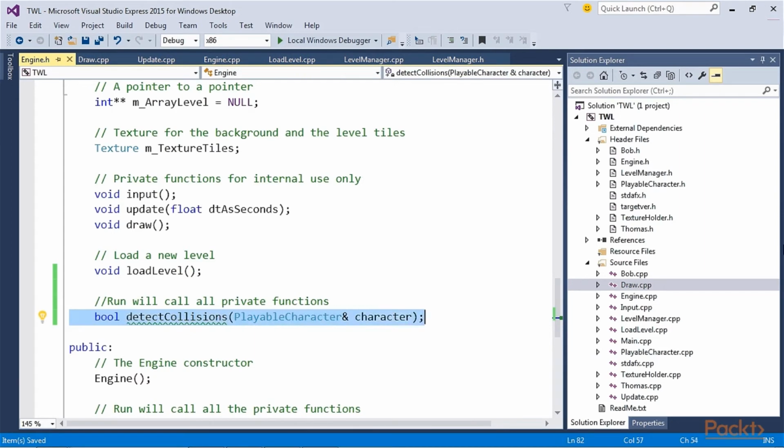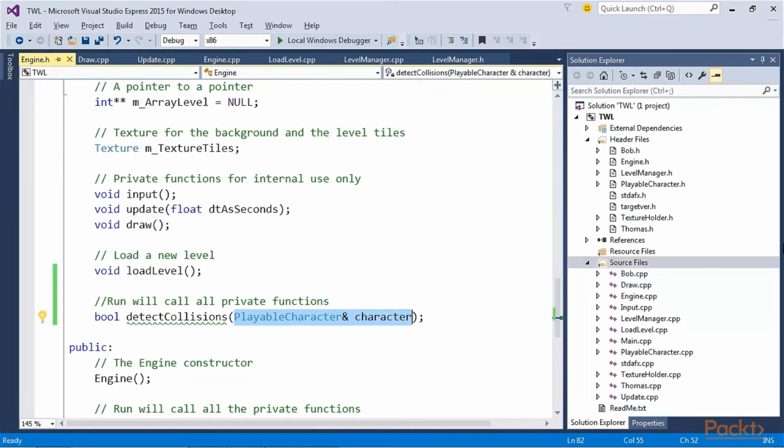Notice from the signature that the detectCollisions function takes a polymorphic argument, a PlayableCharacter object. As we know, PlayableCharacter is abstract and can never be instantiated. We do, however, inherit from it with the Thomas and Bob classes. We will be able to pass either m_Thomas or m_Bob to detectCollisions.